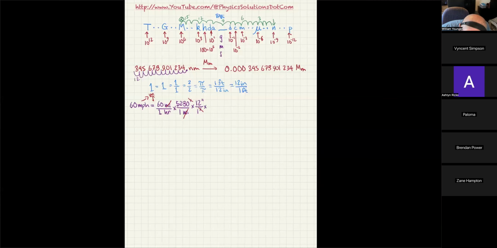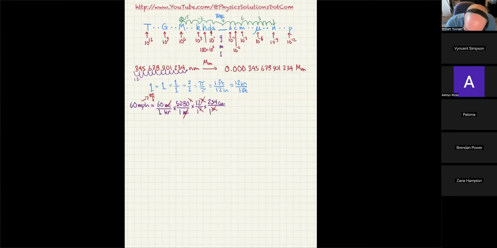Well, we're trying to get rid of it, so I'm going to put 1 inch on the bottom, and I'm going to put 2.54 centimeters on the top. And now my cross out mark will be a full red X. So now I'm up to centimeters per hour. You can see everything's canceled out except for the centimeter on top and the hour on the bottom.